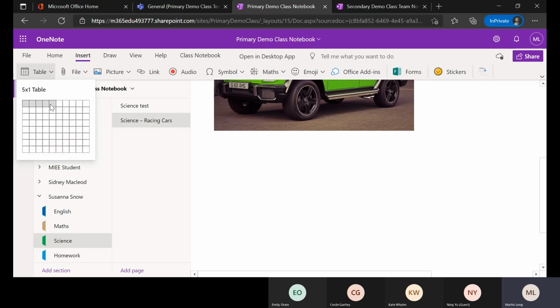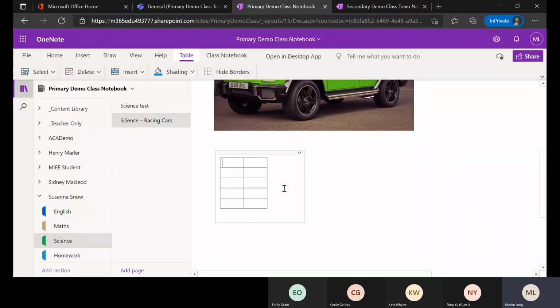So it might be that from her inquiry, she's got a fictional set of materials to make car tires out of, to look at friction forces. So she's going to have force in newtons maybe to pull the material across a surface, or maybe she's using a rubber tire and she's got different surfaces. So we're going to quickly set up a table with Susanna. Here we're going to say it's material, and here it might be force in newtons, and then we have, I don't know, slate, wood,